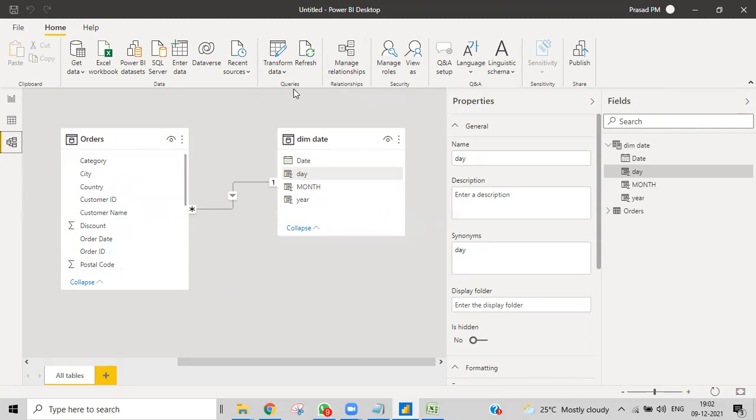Once you get to know what is a fact table and what is a dimension table, then you can understand why we need these fact tables and dimension tables, and then what kind of different schemas are there, and then a lot of different types of models. All these things we're learning in a modeling session. So that you can understand. Right now, if I tell something, you don't understand.